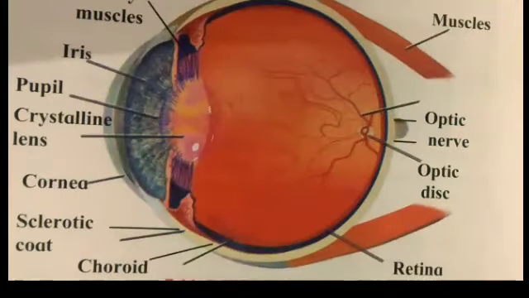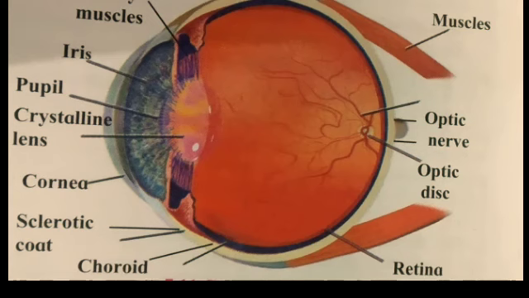There is a small hole of changing diameter at the center of the iris, which is called the pupil. Pupil controls the amount of light entering the eye. If the light falling on the eye is too bright, pupil contracts, while if the light is dim, it widens. Behind the pupil, there is a double convex transparent crystalline lens. The lens provides small adjustment of the focal length to focus the image.